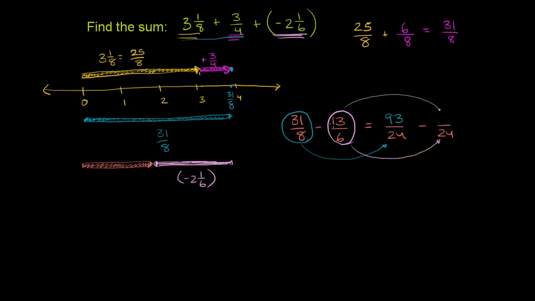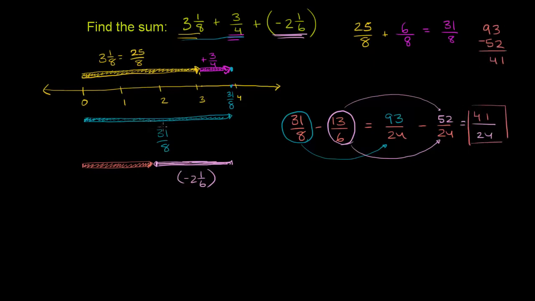So 4 times 13, let's see, 4 times 10 is 40. 4 times 3 is 12, so that's 52. So this is going to be equal to 93 minus 52 over 24. And so 93 minus 52. 3 minus 2 is 1. 9 minus 5 is 4. So it is 41 over